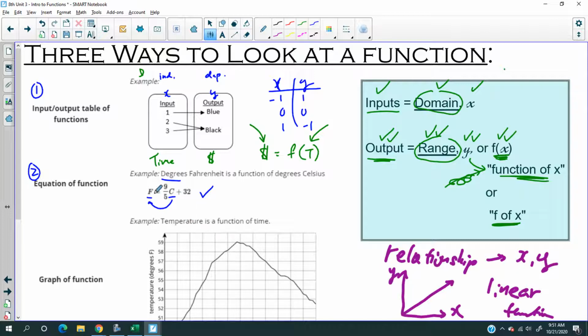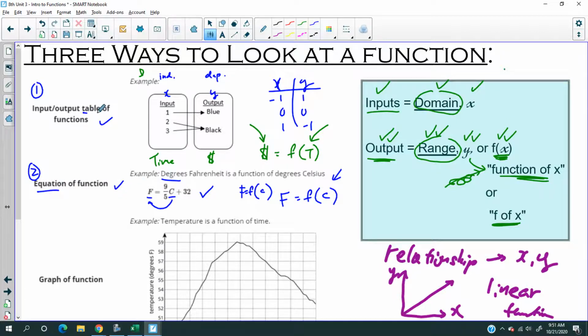So Fahrenheit is a function of Celsius. Now let me write better. Fahrenheit is a function of Celsius. Okay, don't get too caught up with the notation yet. Just try to understand what I'm saying. Okay, so an equation, so table,